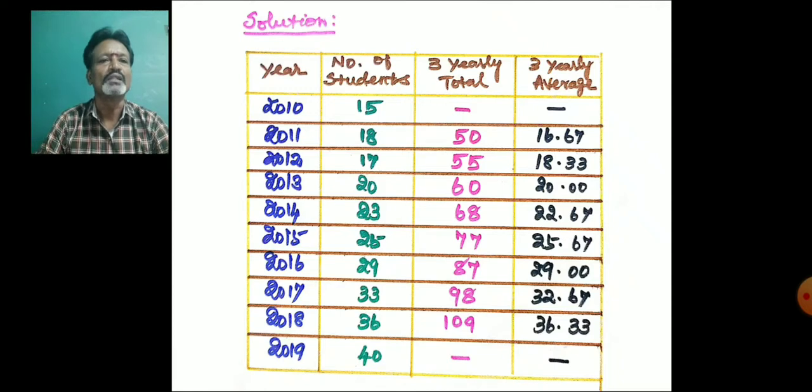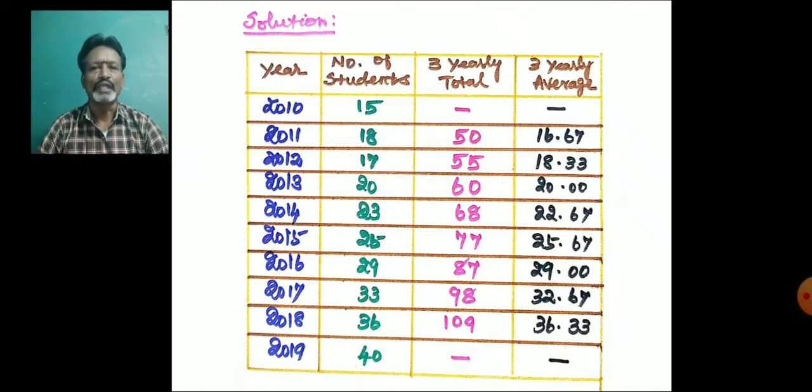So these are all the 3 yearly moving average values. Here what you have to do is simply take the 3 year total, and the total should be written on the middle year. Then you leave the first year, again take the next 3 years, and the total should be written on the middle year. In this way, wherever we get a 3 year total, we make the total and leave the remaining. Then the total should be divided by 3, and you will get the 3 yearly moving average value.